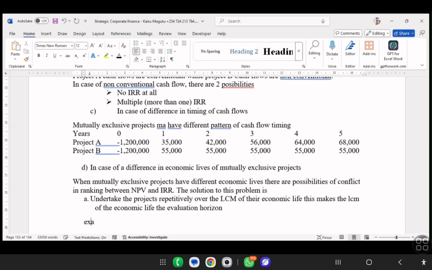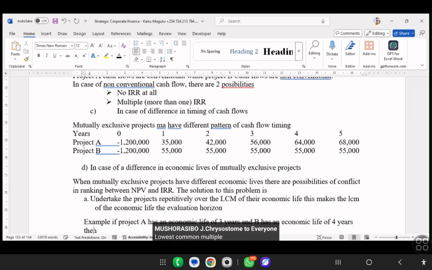For example, if project A has an economic life of 3 years, and B has an economic life of 4 years, then the LCM of the economic life is